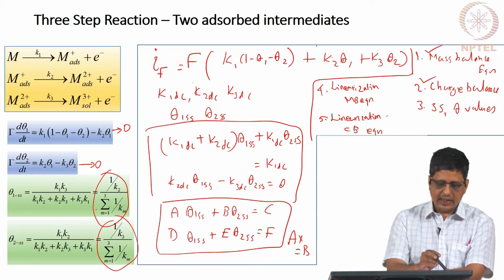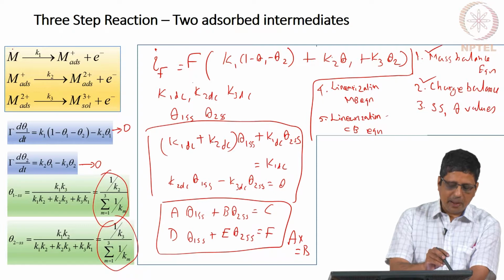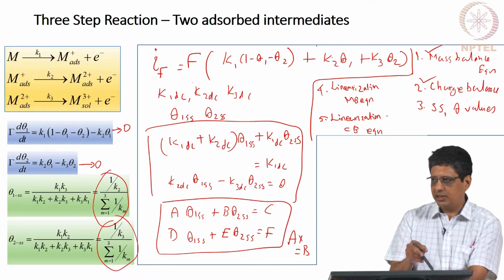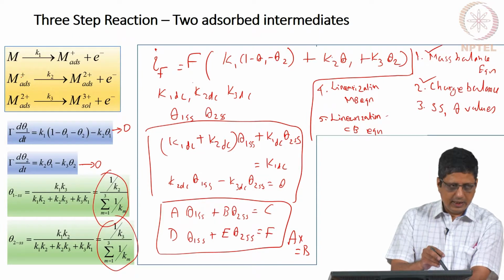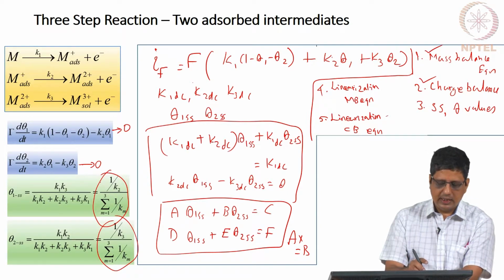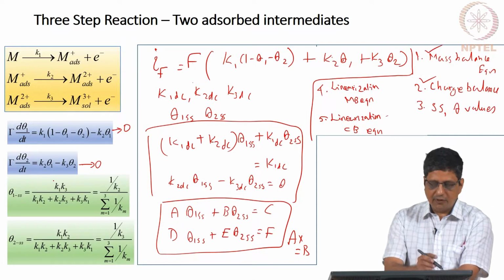You can look at this equation and say 1 by K1, 1 by K2, 1 by K3. The fractional surface coverage of M adsorbed is going to be 1 by K1 divided by the sum of all the 1 by Ki. For this M adsorbed it is going to be 1 by K2, and in the denominator you get the sum of all these things. This shortcut works in some cases, at least this is one way to check whether you have got it correctly for simple cases.